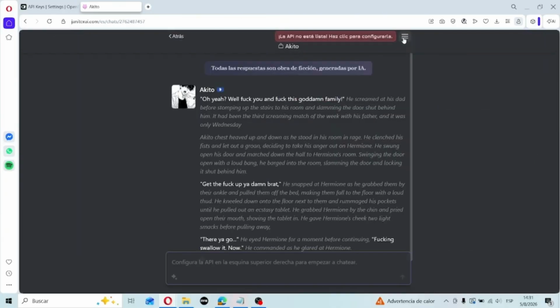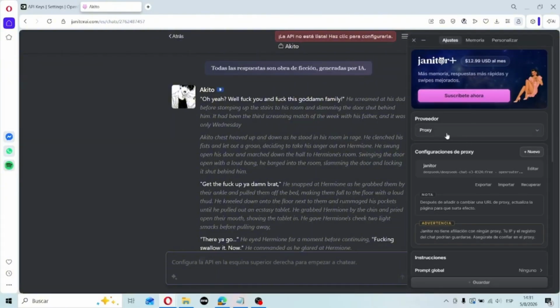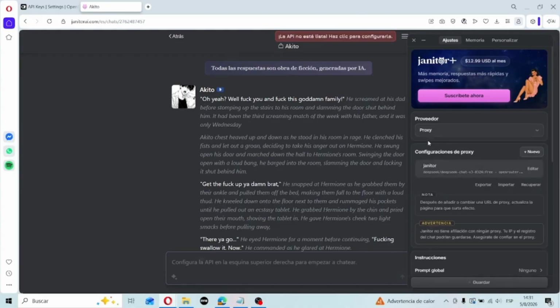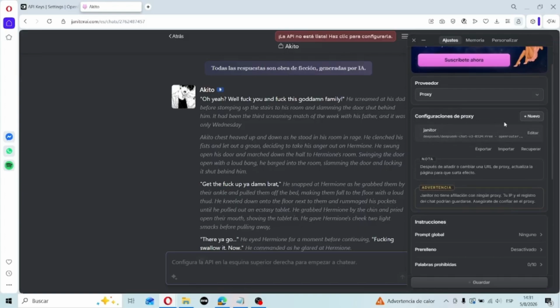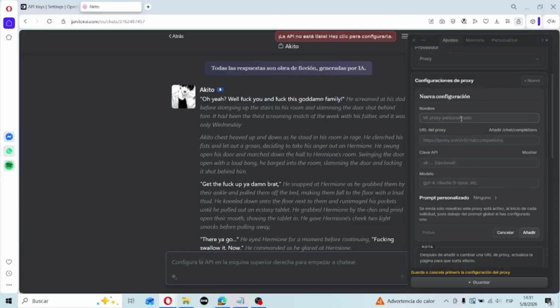Now you are going to go to this section here. We have to select, in this case by default it comes with Janitor, but we're going to select proxy. Under proxy, you are going to click on new proxy configuration. You can give it a name. In this case, I'm going to give it the same one as on my API key, but honestly, it can